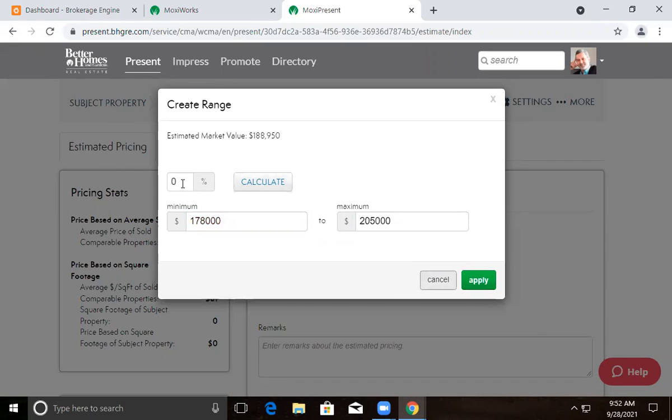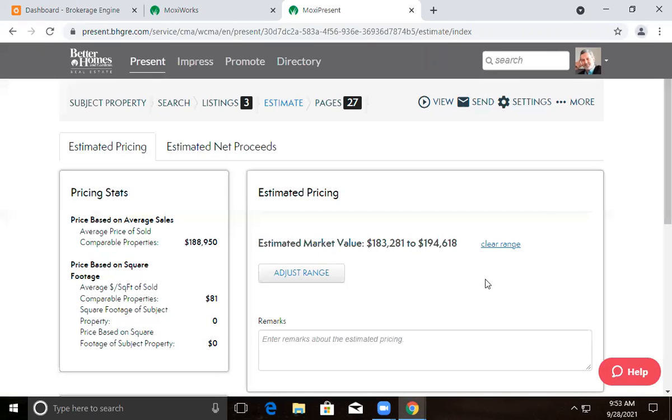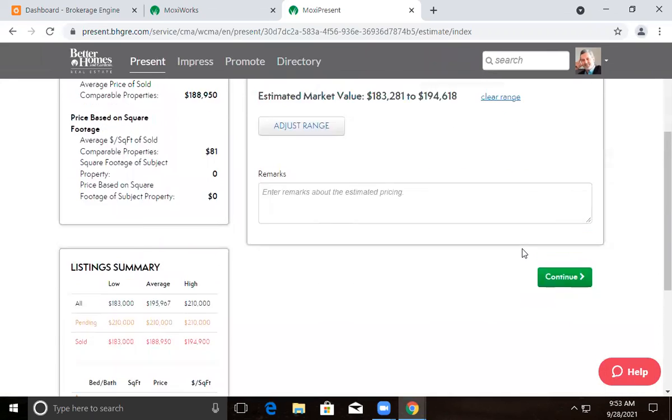Or I can calculate a percentage above and below. Let's say I want to go 10, let's go 12%. 3? All right, Lance wants 3 and calculate. And then it calculates it for me. Everybody see that? I click yes. There's my estimated